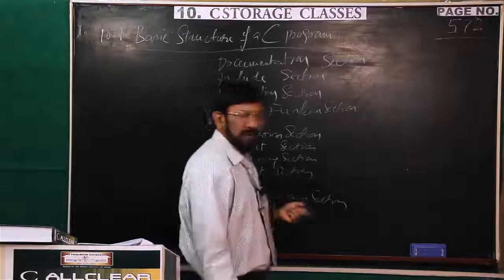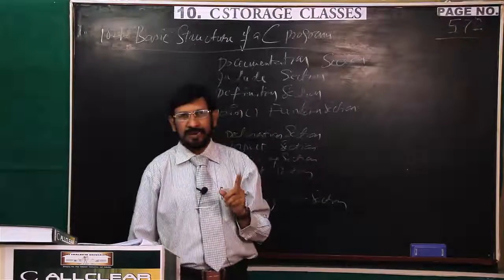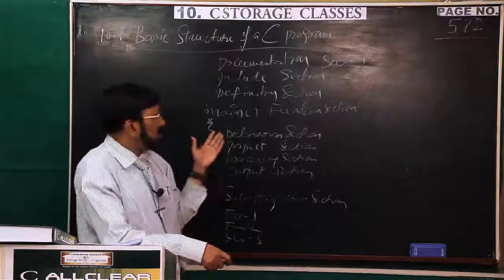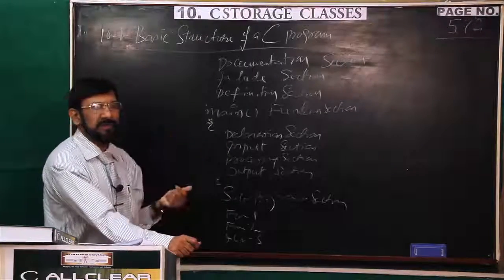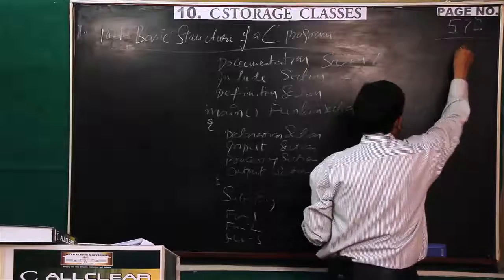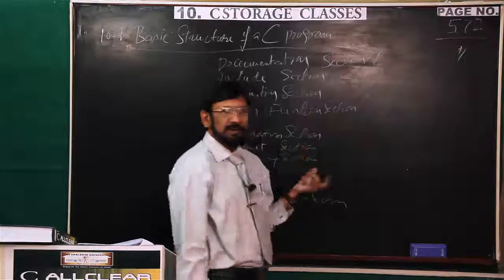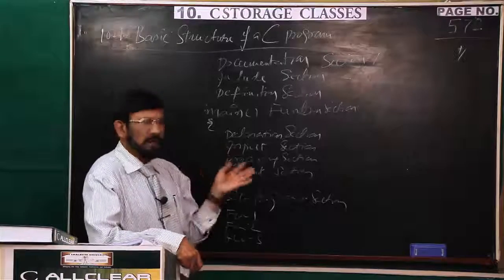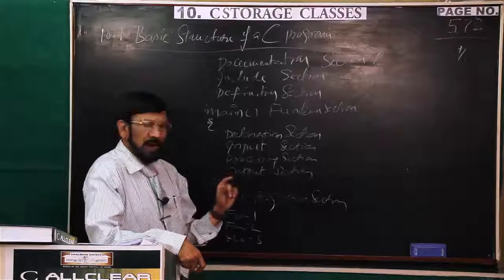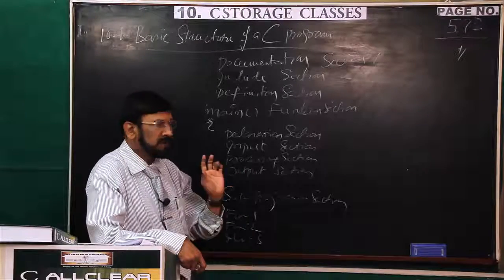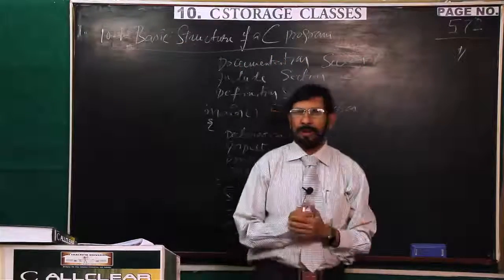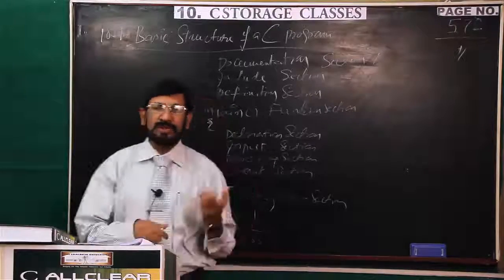First one is the documentation section. This is optional, but as a matter of convention, every C programmer writes the documentation section. This is actually comments. As a matter of convention, if you remove all the comments from a program, the program gives the same result. So, comments provide the self-documentation. That's why it is called a self-documentation section. Not only here, throughout the program, where things are not obvious, there we write comments.